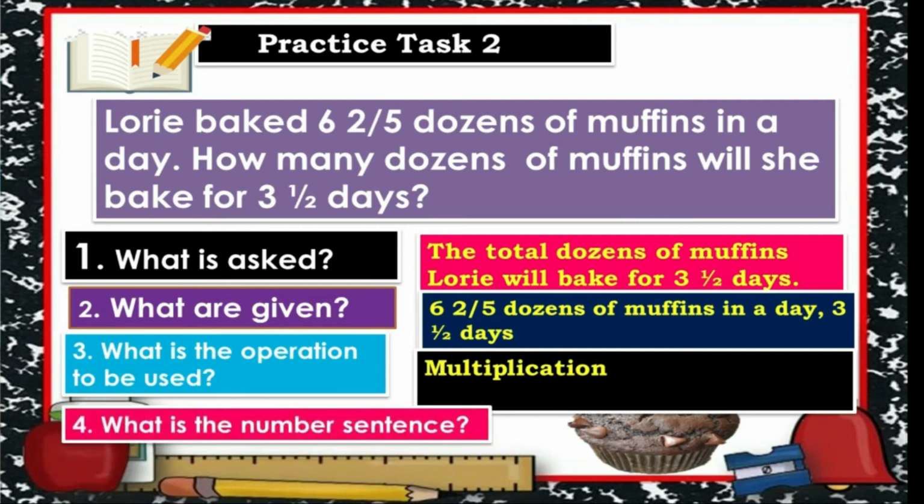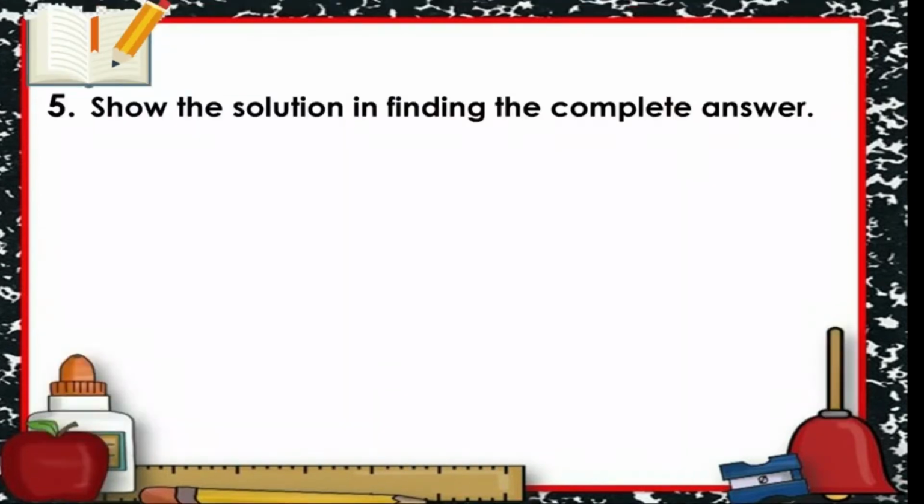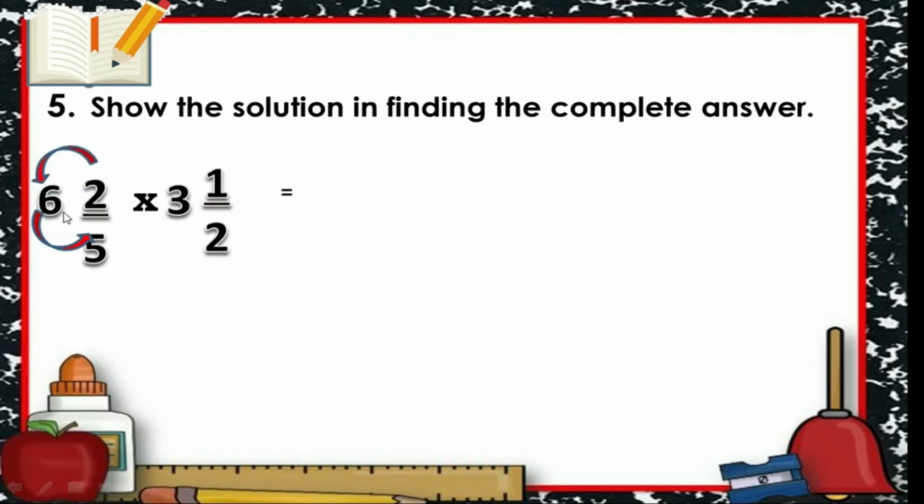For what is the number sentence? Okay, 6 2/5 times 3½ equals n. Okay, show the solution in finding the complete answer. Okay, 6 2/5 multiplied by 3½ days. Okay, we are going to convert this into improper fraction. 5 times 6 equals 30 plus 2 equals 32/5. Okay, the second one, 2 times 3 equals 6 plus 1 equals